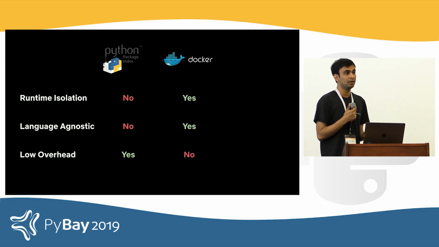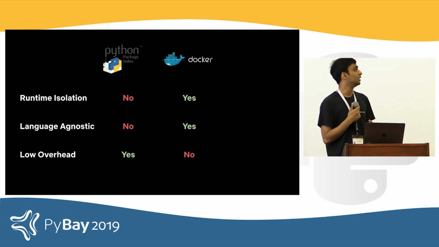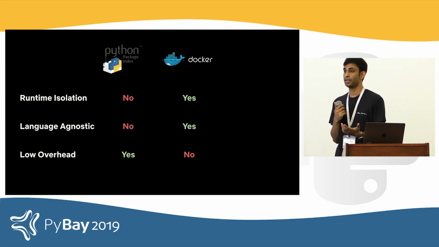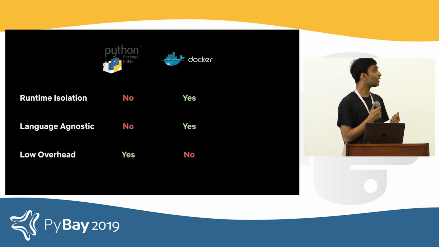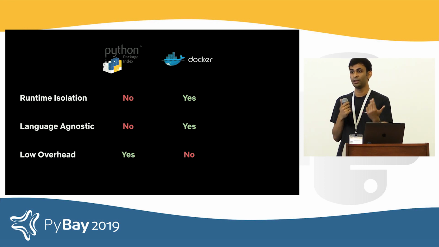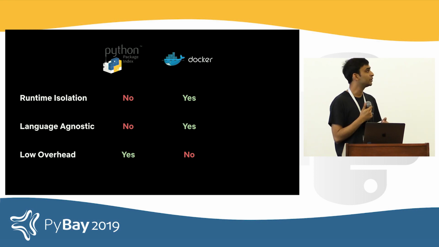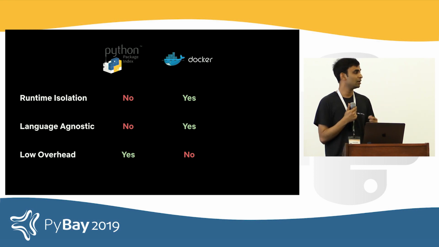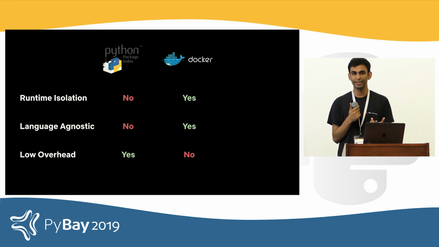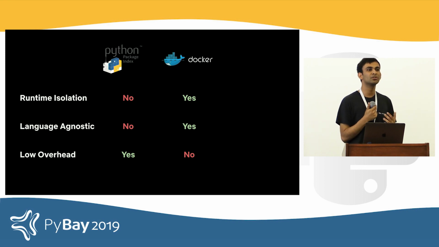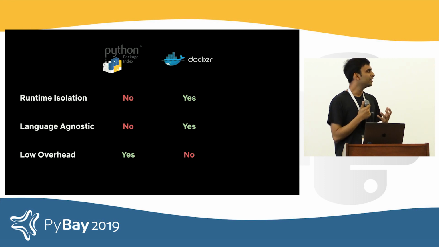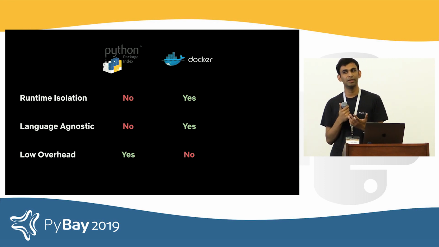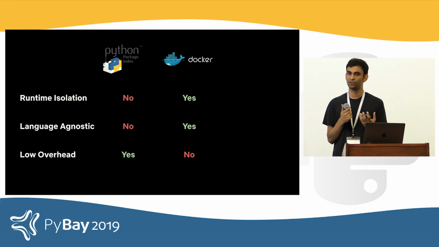Another alternative that a lot of other machine learning systems that we looked at use is Docker as an orchestration substrate, as well as a packaging module. It provides amazing runtime isolation because it relies on process level isolation on top of OS kernels. It's language agnostic, but it doesn't really come with low overhead. Writing reproducible Dockerfiles at the end of the day is highly non-trivial. You're still not solving the problem of what dependency management solution to use, what package manager to use, and it's really cumbersome.